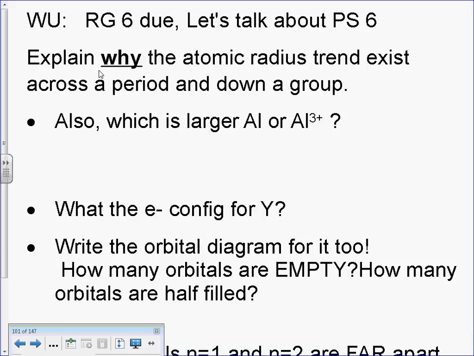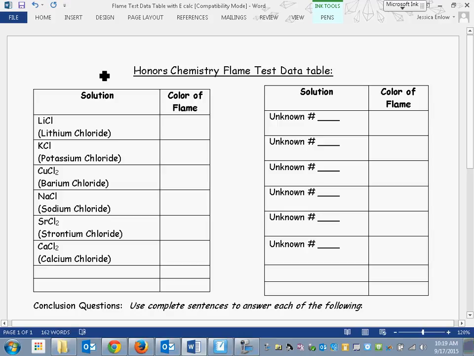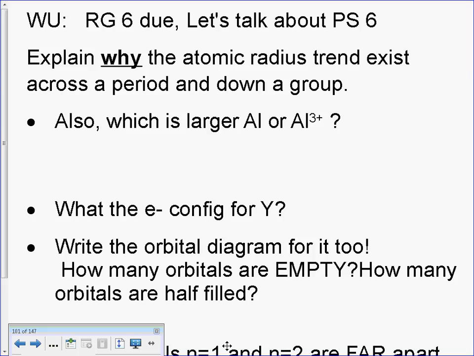You probably were just writing it and weren't really quite understanding it. It's based off the charge of the nucleus. So that's our lab sheet for today. Okay. Explain how the atomic radius trend